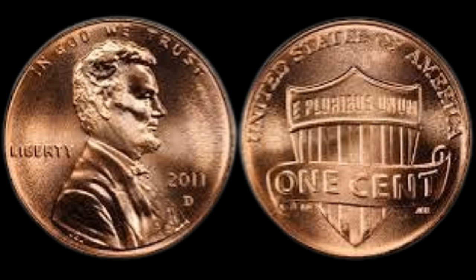clarity and size, and to make matters even more exciting, microscopic examination revealed raised die cracks forming a lightning-like pattern starting near Lincoln's jawline and extending into the coin's rim, while another crack appeared above the T in trust, running vertically and terminating just below the top edge, and metallurgical testing confirmed that the composition of the coin was unlike any other 2011 D cent ever documented, with unique ratios of copper, tin, and trace elements not matching any official